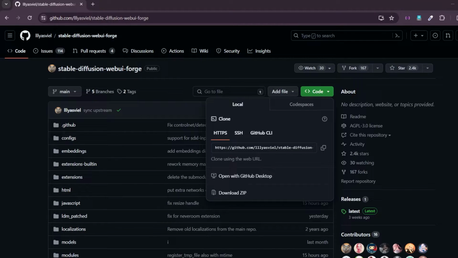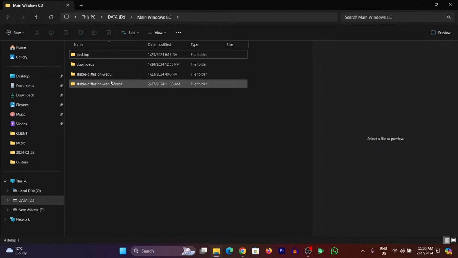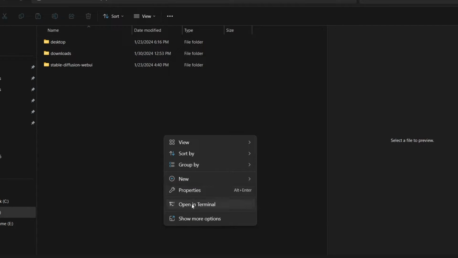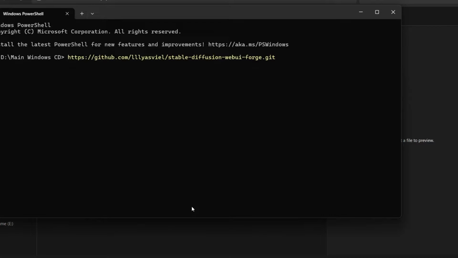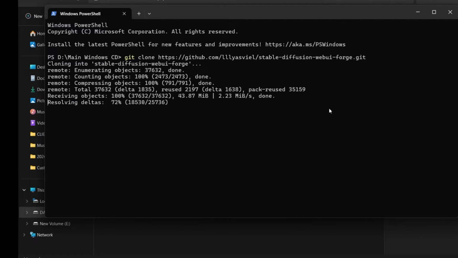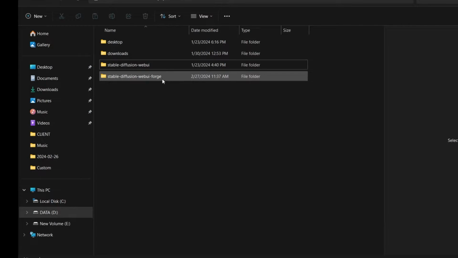Now come back. Now go to the folder where you want to install Forge. I prefer to install it on SSD. Right click and click open terminal. Now write git clone and paste the address you just copied and press enter. This process will take time. It will install a bunch of things for you. Once the cloning process is complete, you will go to your Stable Diffusion Web UI Forge folder,